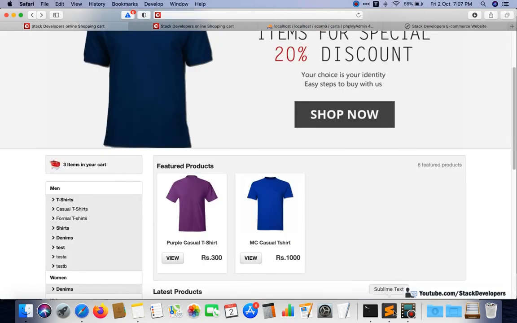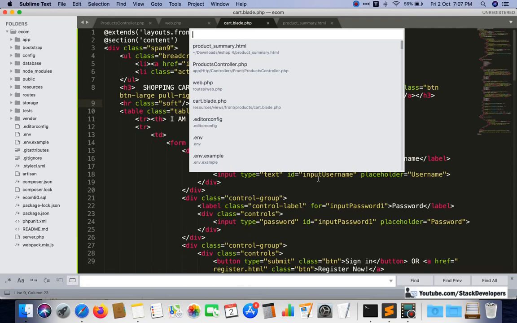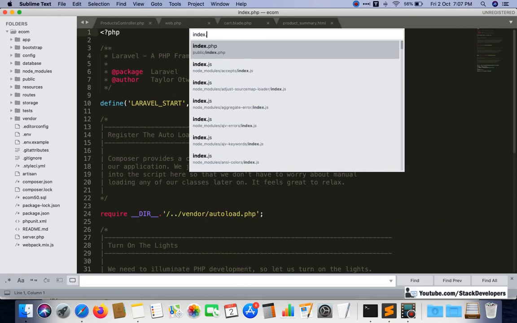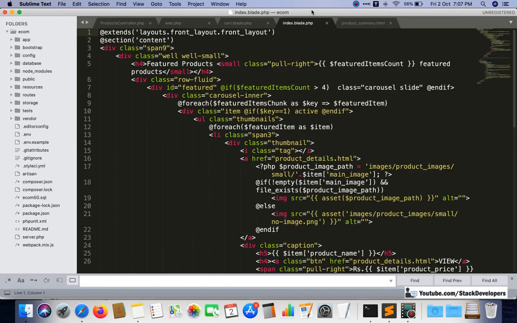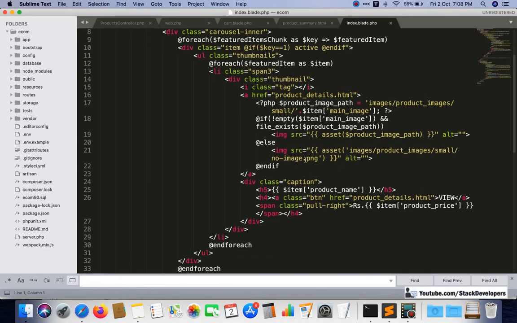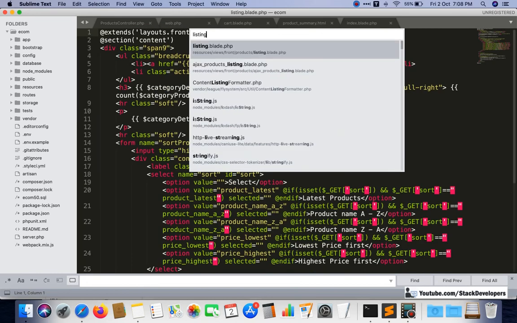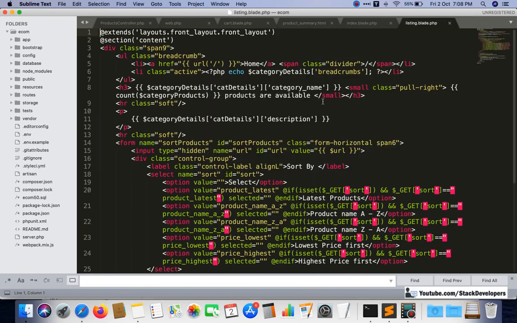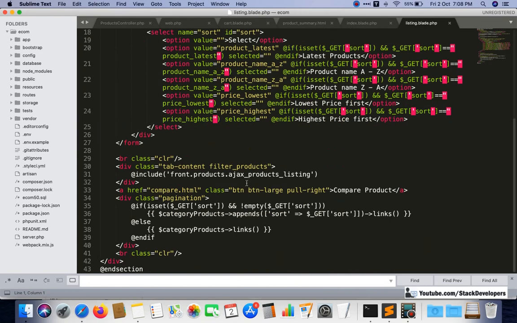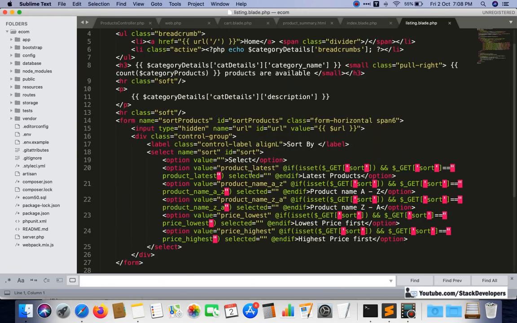I will modify it in the index controller's index blade file: open the index blade file and modify the links. Open the listing blade file as well. Here we will get the link of our detail page.